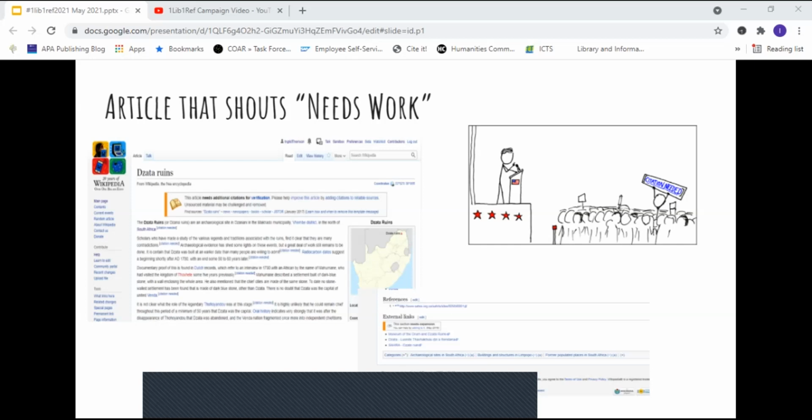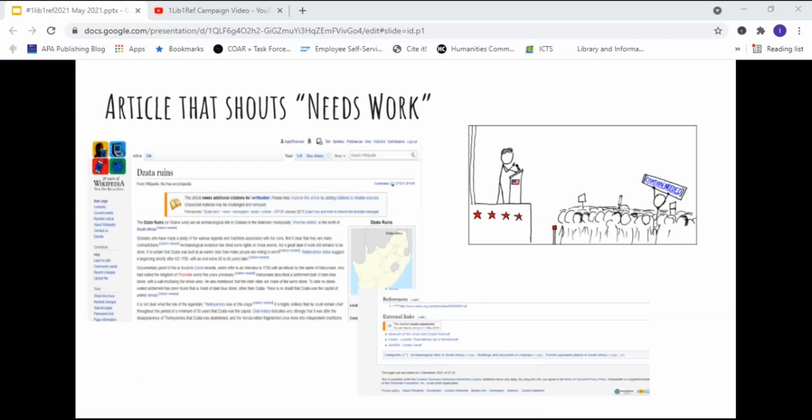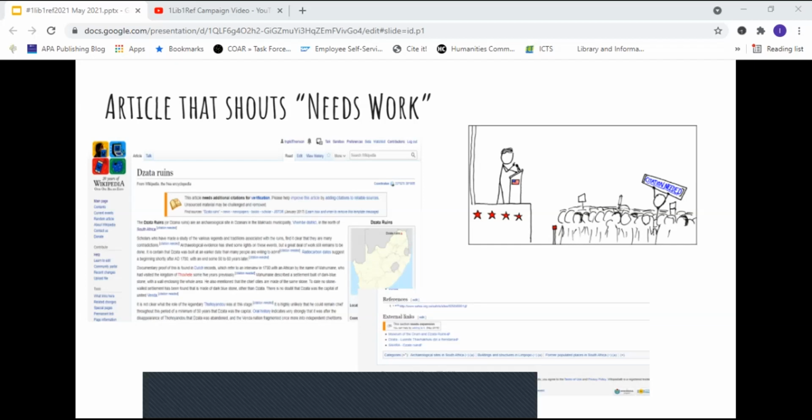Wikipedia articles operate on that assumption of verifiability. Literally every statement in an article should be verifiable in a footnoted source. And we'll talk a little bit about what makes a good reference, what makes a source good to add as a reference in Wikipedia. But this just gives you an idea. So where you're going to see the citation needed, this says, oh, there's work that needs to be done.